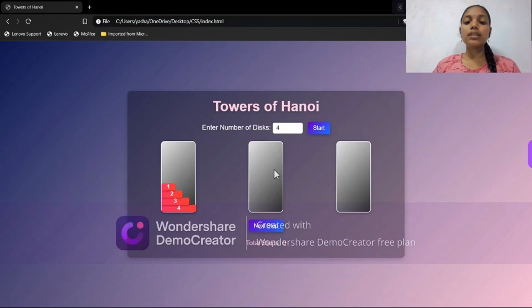And the goal is to complete the puzzle in the minimum number of steps, that is 2 power n minus 1, where n is the number of disks. This project simulates the Towers of Hanoi puzzle, allowing users to input n number of disks and observe the step-by-step